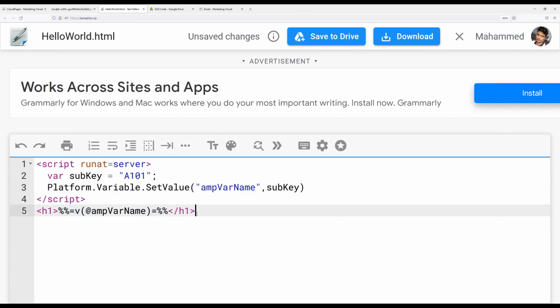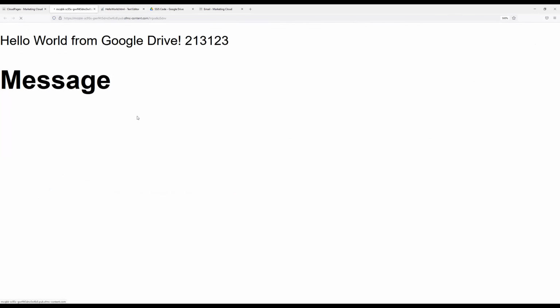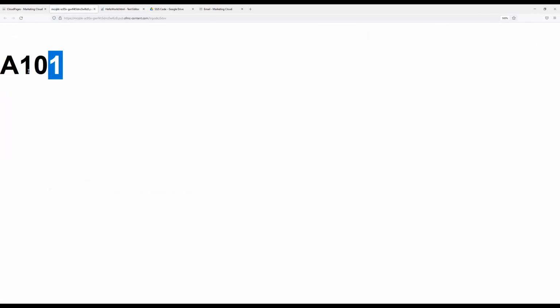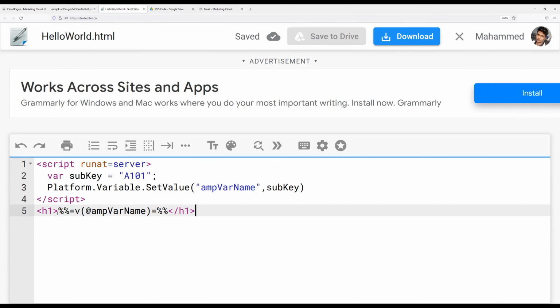Okay. Now let me just save this change, go back and refresh. This is printing A101, and that is happening inside the H1 tag, right? Now, here's another interesting thing. We can improve on this one. So let's say instead of printing the subscriber key, I want to print the email address who has this subscriber key A101. Let me just go here